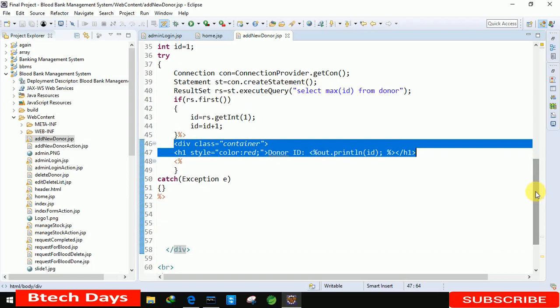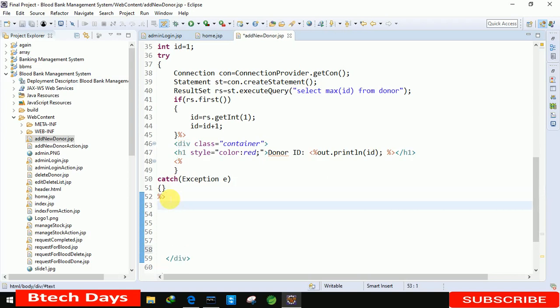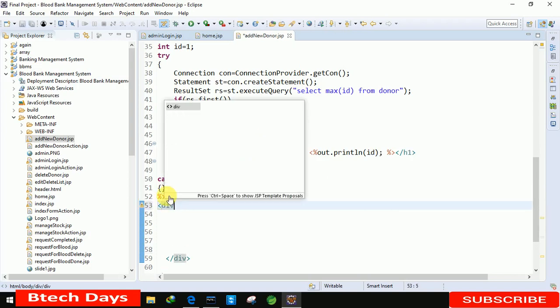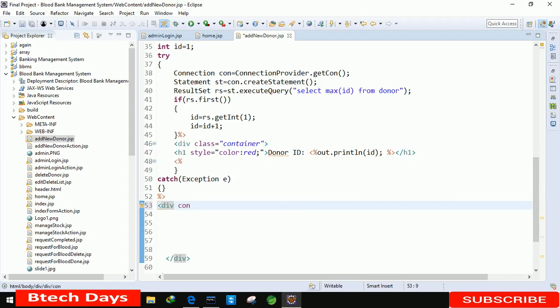After that, if any exception is generated we would need to display it, but I don't think there will be any exception, so I am leaving this. After that we just need to move below the catch here. Again we make a div container, sorry, class first, and in this we write container.